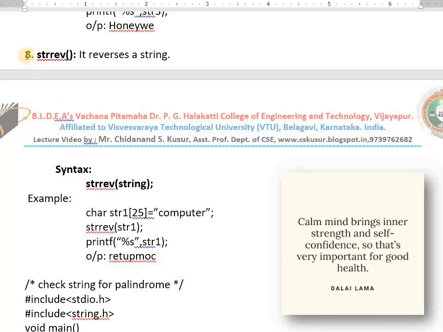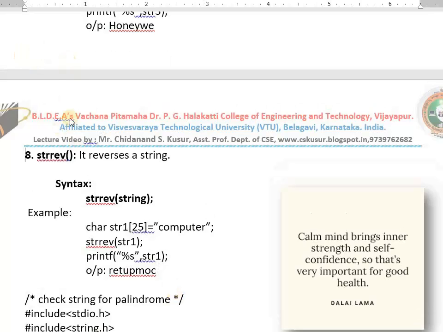What is that? strrev. strrev is nothing but reverse. It reverses a string. In the last class I already taught you how to reverse a string by writing the program. Now, don't write any program, just use it. strrev string. Whatever string we supply to this function will be reversed and stored within the same variable.